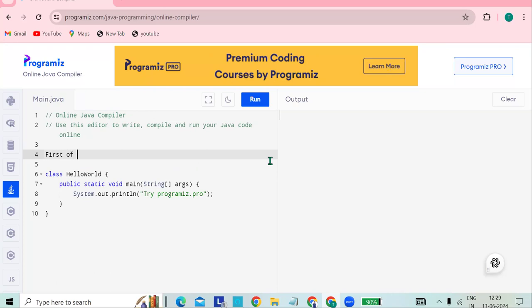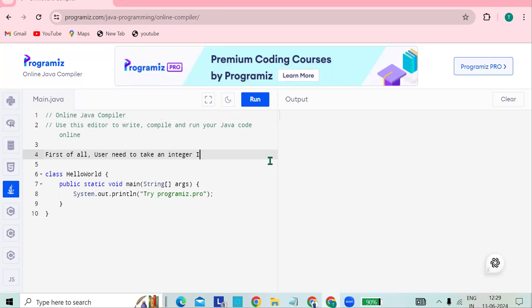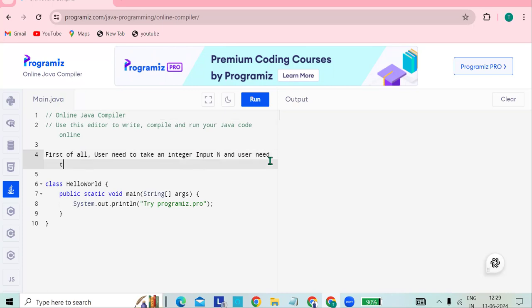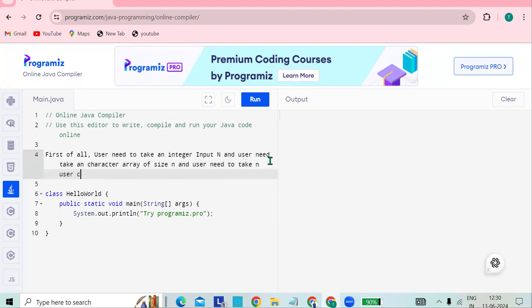So first of all, user need to take an integer input n, and user need to take a character array of size n and user need to take character inputs,